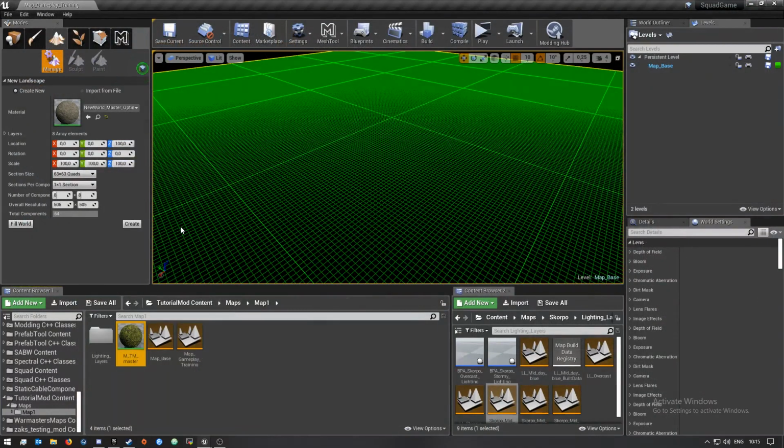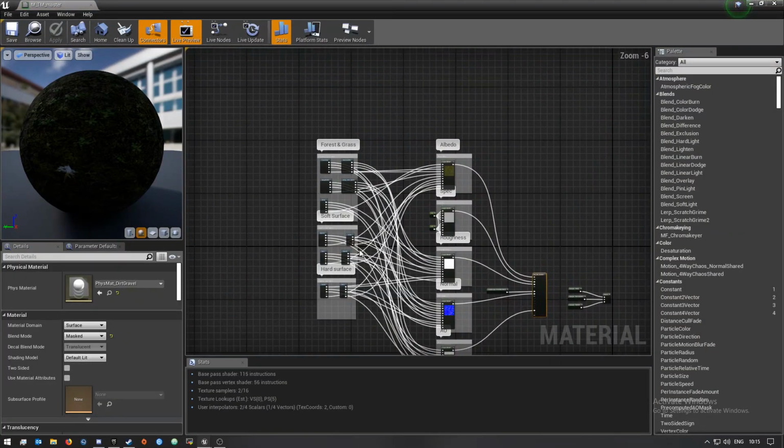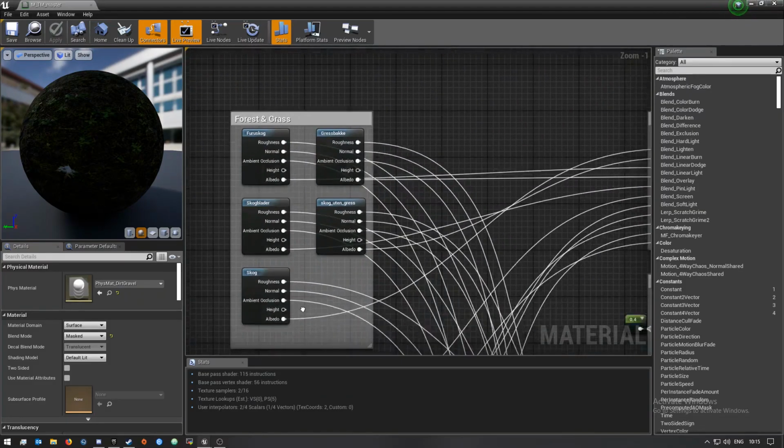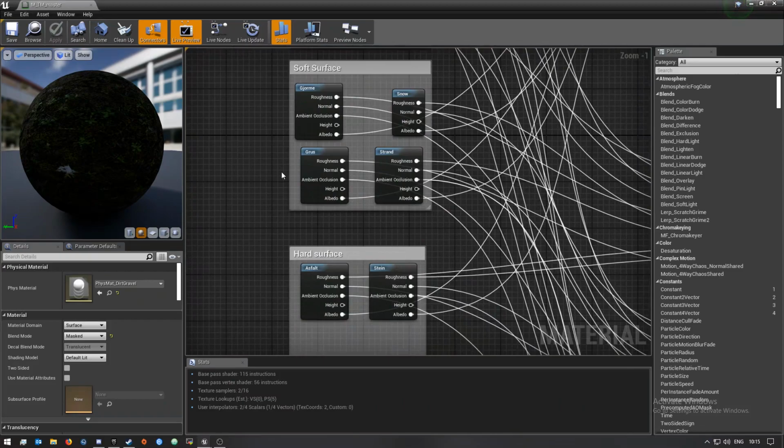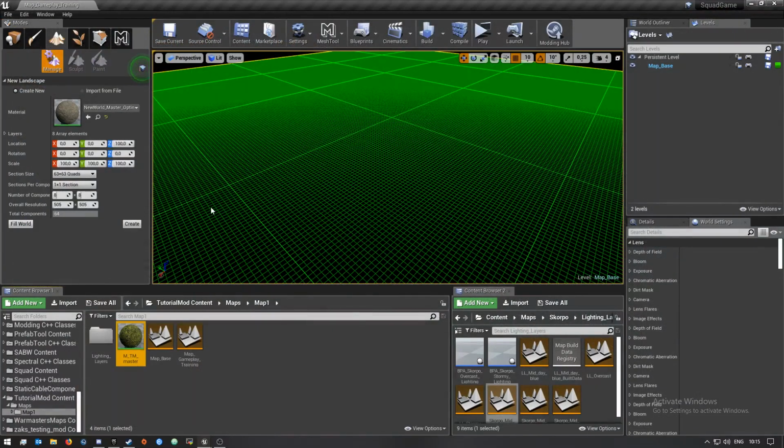Okay, yes. So if you guys remember before, in my old tutorial, we copied all of these things from whatever master material used over into our mod. So you only need to do this if you want to customize those materials in any way. So we're not going to do this. You don't really need to do it. So once you have done that, we're going to drag this and set this as our material for the new